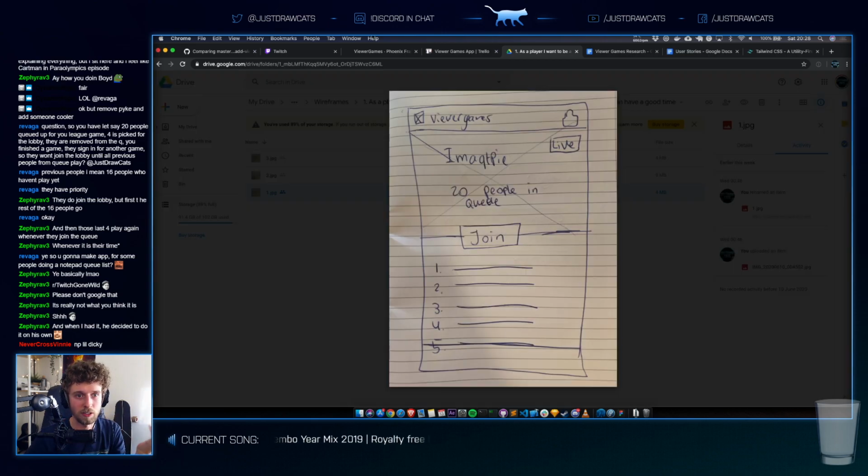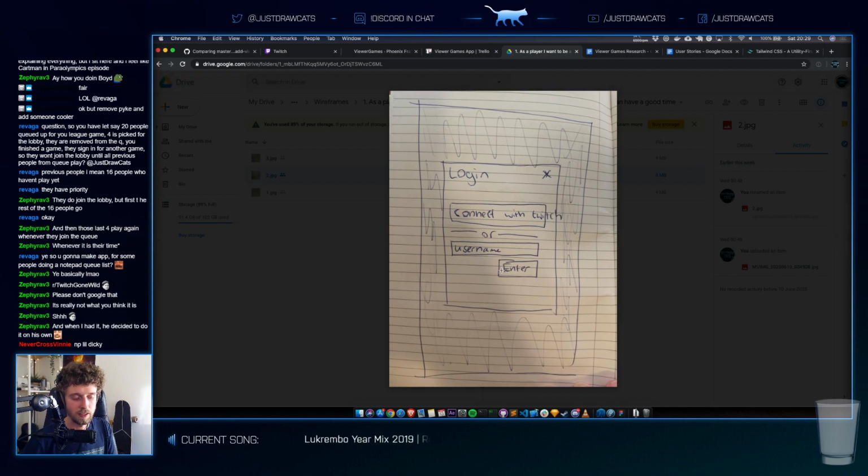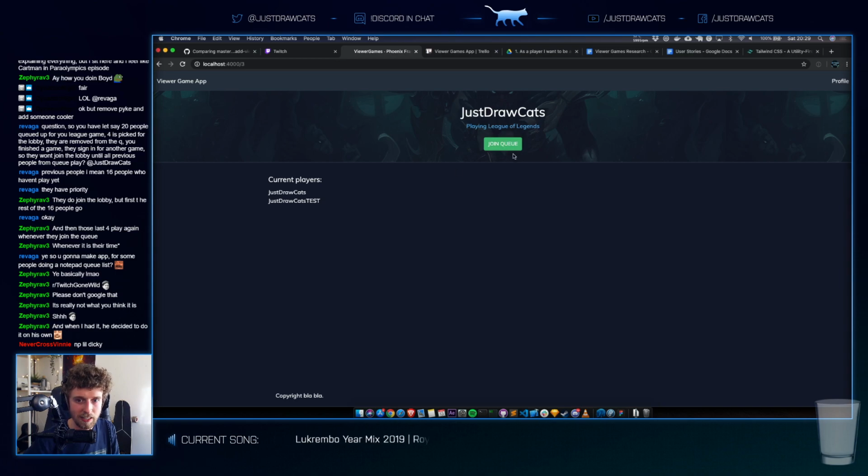There's a join button or a join queue button. I don't really know copy-wise what I'm going to pick yet. As soon as you click this button, you will see a login screen if you're not logged in. And if you are logged in, it will just insert your username. Or maybe we can pick it from a list. I don't know yet. But it will write down your username for this specific game, and you can enter the queue. That's like 2 clicks to get in. Maybe if you're logged in, we can even make it less clicks to join.